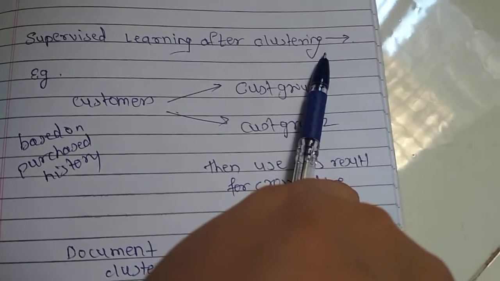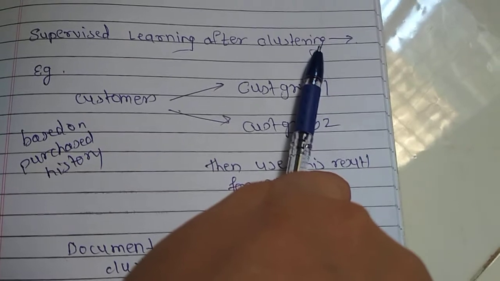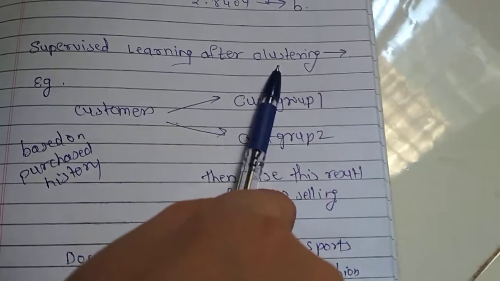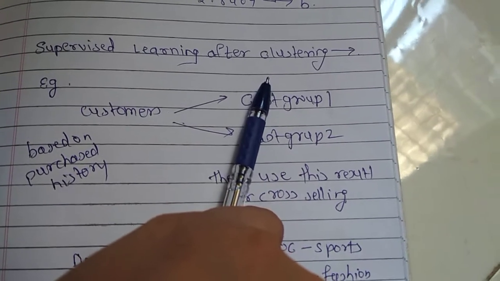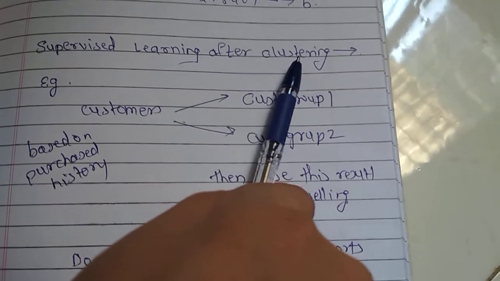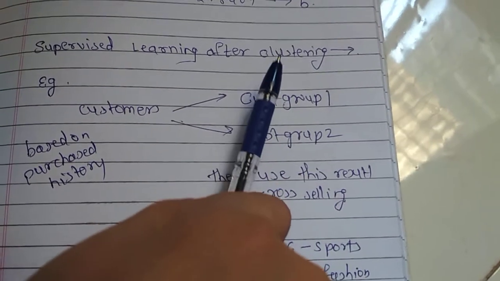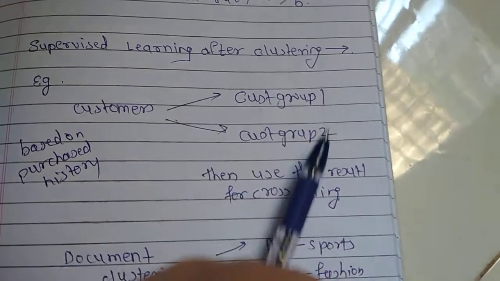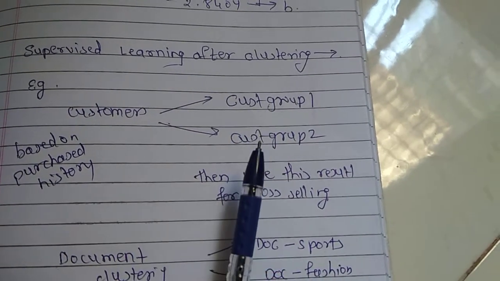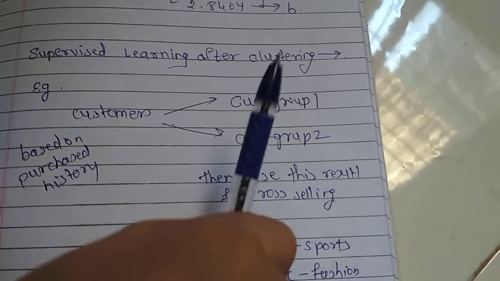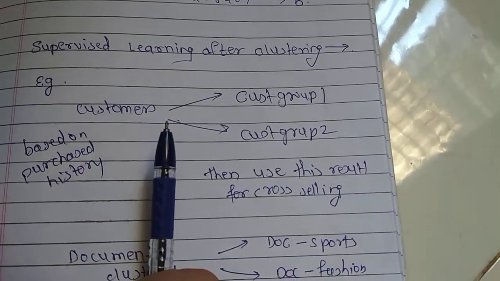So as you know, the clustering is what? The clustering is the unsupervised learning, where we don't have an idea about the output. So what we do, we collect the data, then we study the relationship that exists between the input data, or we find out the common characteristics between the input data, and based on this we create the clusters. Okay, then these clusters are nothing but the outputs. So we map those outputs with the inputs, and that becomes a supervised learning problem.